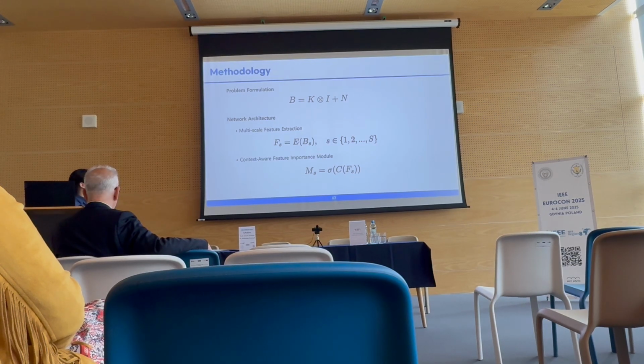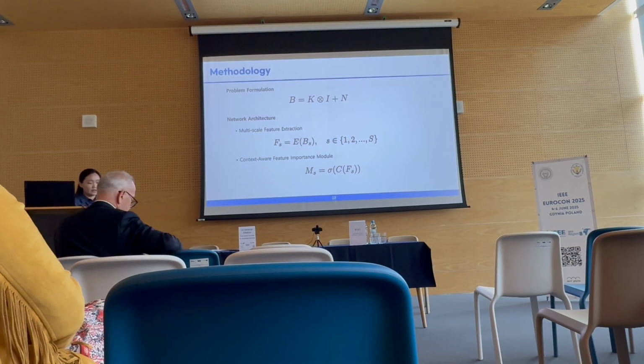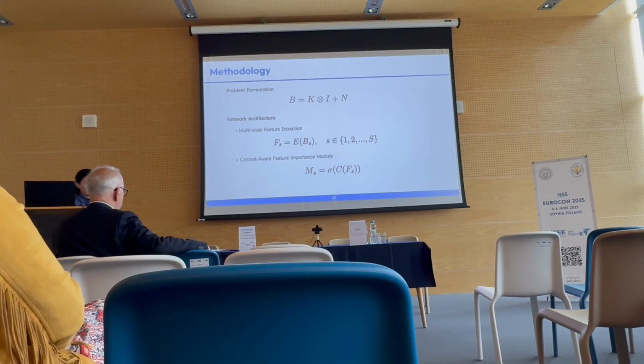So the context-aware feature importance model, called the CAFI model, is designed to assess the importance of features at each scale based on local block characteristics and content complexity. For each scale S, the model generates an importance map MS that highlights the regions requiring more sophisticated processing, shown on the bottom of the screen. C represents a lightweight convolutional network, and sigma is a sigmoid activation function. The importance map MS has values in the range of 0 to 1,